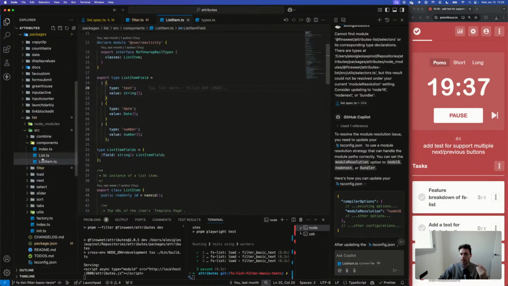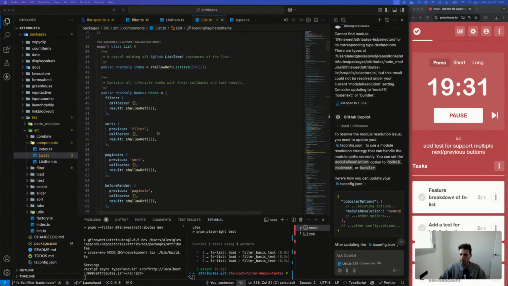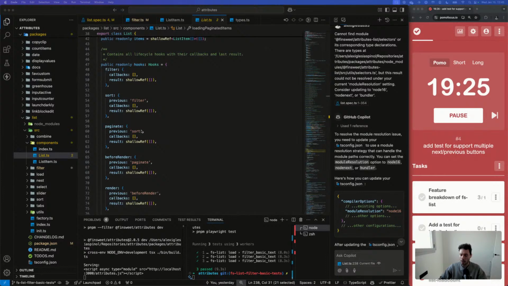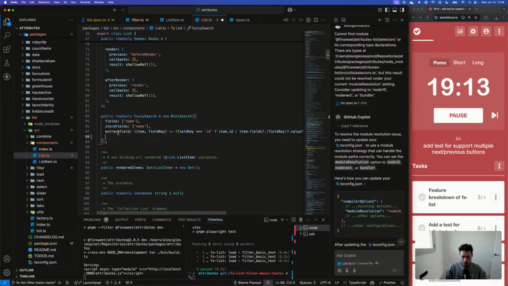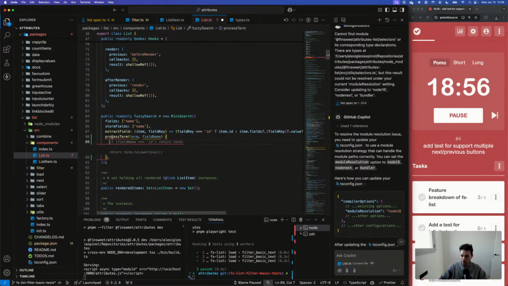So that means that we might have to modify the accessor. For the fuzzy filtering, I'm using a package called minisearch. Minisearch essentially indexes all the items, and it does the search based on the weights that you define. And I think it has something else like process term, search options. What's the process term?